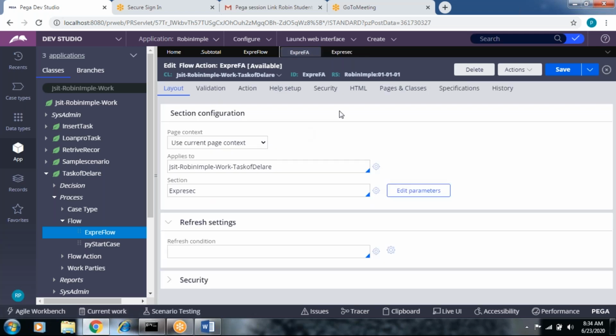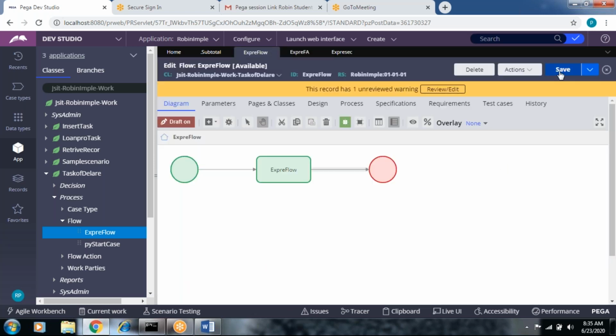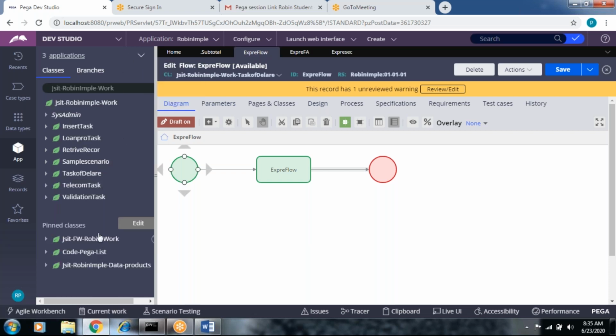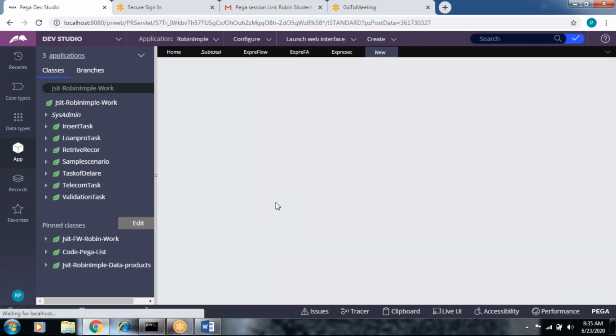We check the result now. I did not call the declare expression anywhere. The first declare expression was created through right click on the property, for total cost, and in the same way we created one more declare expression for subtotal. Both declare expressions are not called anywhere, which means declarative rules should not be called anywhere. So we do one thing: just save and run this flow.